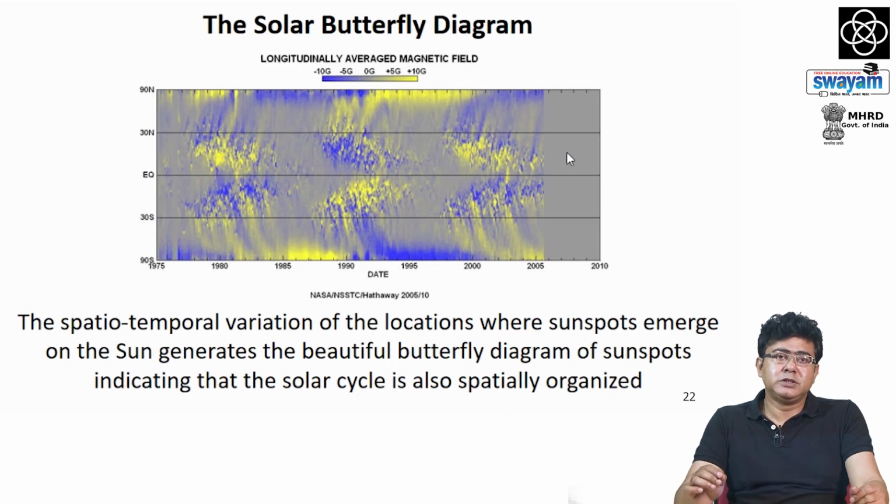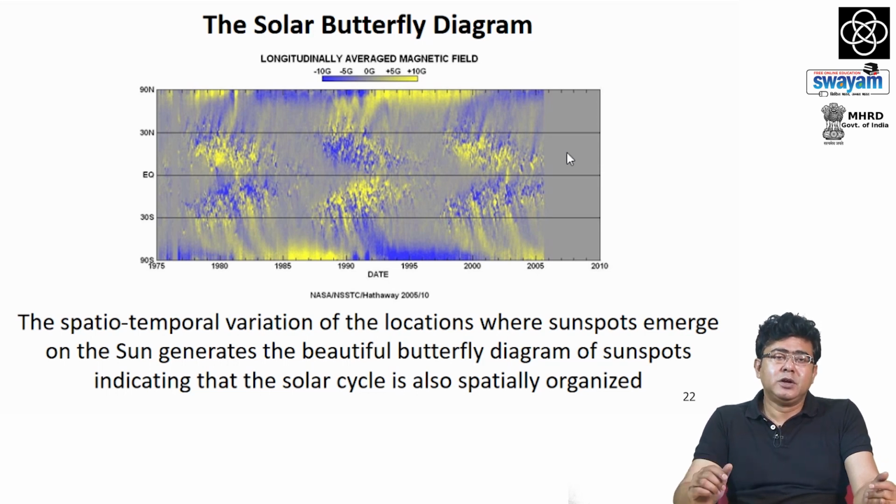If you take the locations of sunspots, the latitude at which they emerge, and plot them versus time, you get this very beautiful diagram which really looks like the wings of butterflies, and so this is known as the sunspot butterfly diagram. And what you see here is on the y axis there is sunspot latitude, and on the x axis there is time, and you observe that sunspots typically emerge at around 40 degrees latitude in both the hemispheres or below, and then with the progress of the sunspot cycle, more and more sunspots appear at lower and lower latitudes. Eventually, when the cycle ends, the sunspots typically appear just very close to the equator,